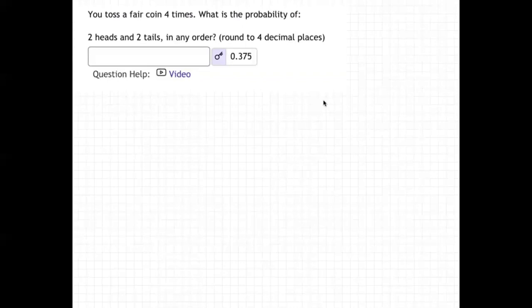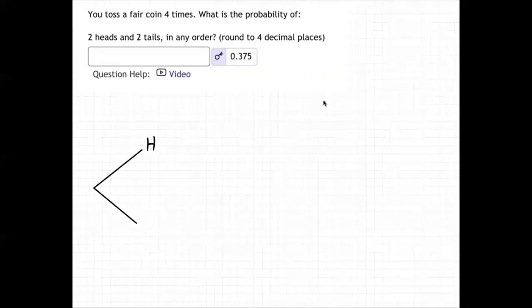So basically, first time you flip the coin, let me start right in the middle here, you're either going to get a heads or a tails. In fact, you're going to either get a heads the first flip or a tails. This is the first flip. And then the second flip, you're either going to get